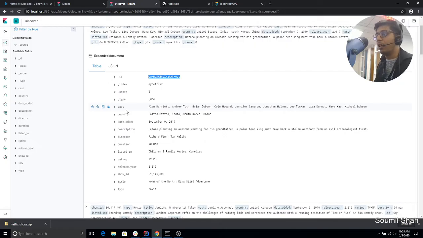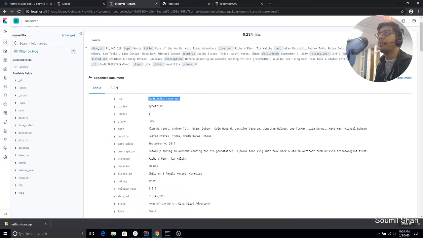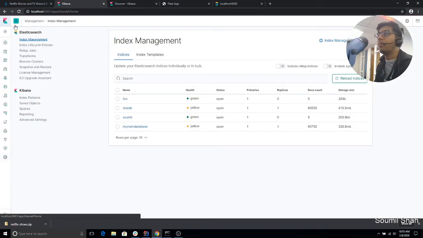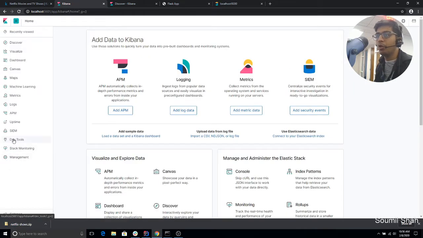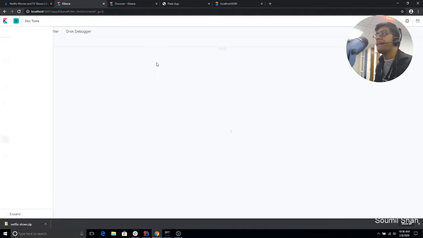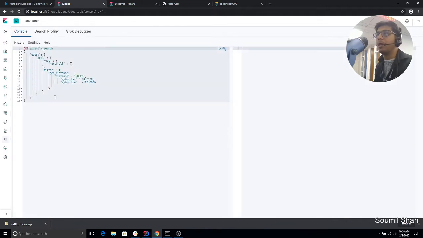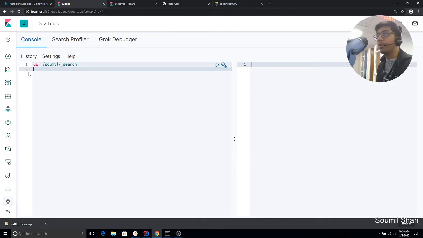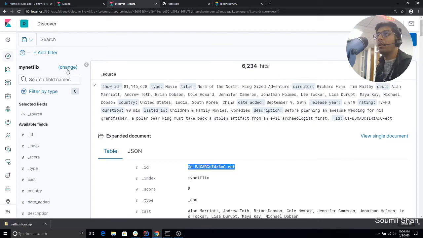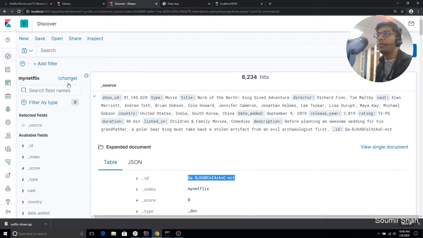Now let us look at the aggregation query. So on another tab, I'm going to open the query editor. You can go to the DevTools right here. And for this explanation, okay, let me do this. Okay, so the name of the data set, remember, was my Netflix, right? Where did it go? Yeah, my Netflix. Copy that,